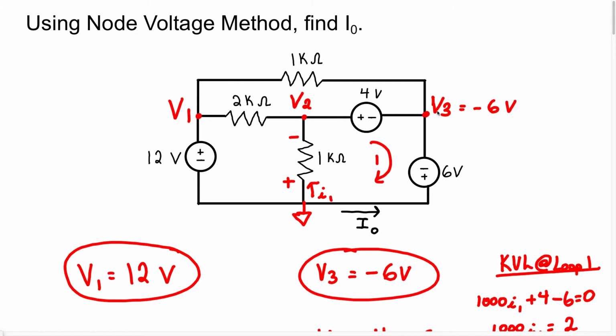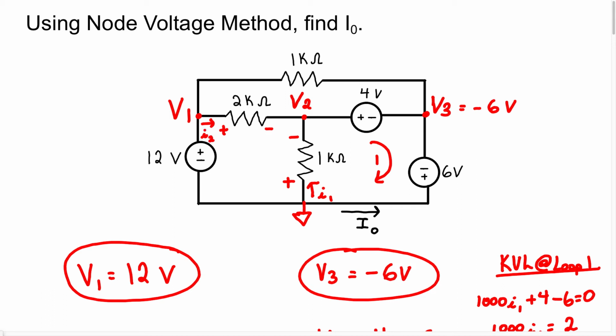Now what I'm going to do is I'm just going to find the current that's going to be in this resistor here and in this resistor here. So let's do that, right? I know to find the current in this resistor here, I can just use Ohm's law, right? So I'm going to assume the voltage polarity is going to be positive to negative, and I want the current that's going to be leaving this node. So I'm assuming that we have a current that's going to be leaving this node and going in this direction here. So it's going to enter the positive terminal first. I'm going to call that current I2,